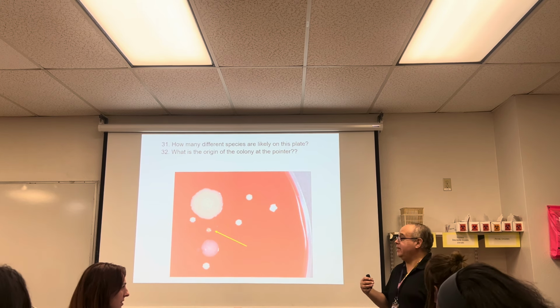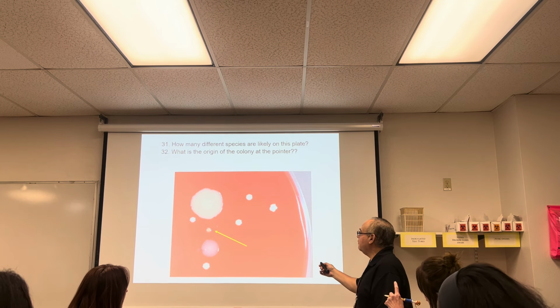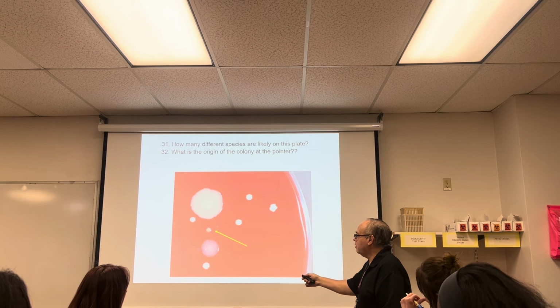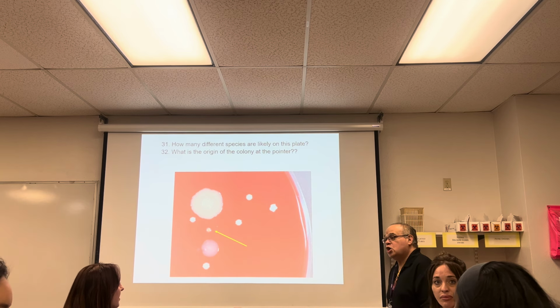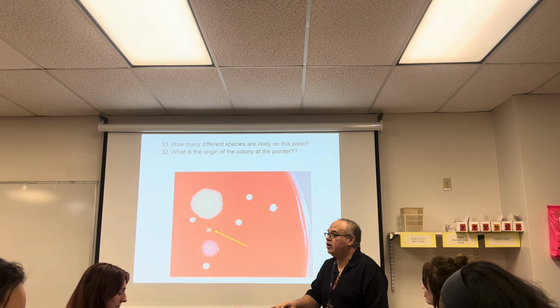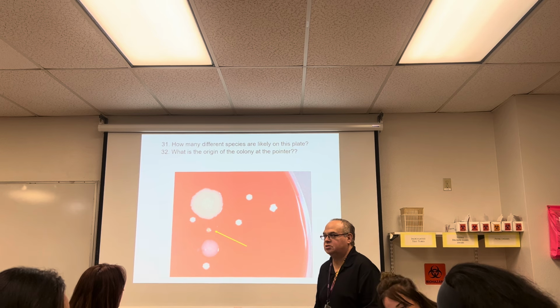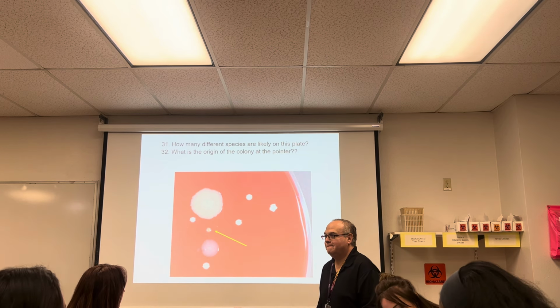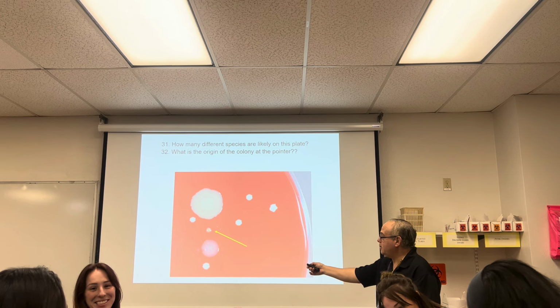However, I said how many species. So this one, and that one, and that one, and that one, and that one are the same. That's 1, that's 2, that's 3, that's 4, and that makes 5. So if the organism's colonies are similar, they're the same. If they're different, they're different species. Okay? Good? What's the last one you're pointing at? This little tiny dude right there.